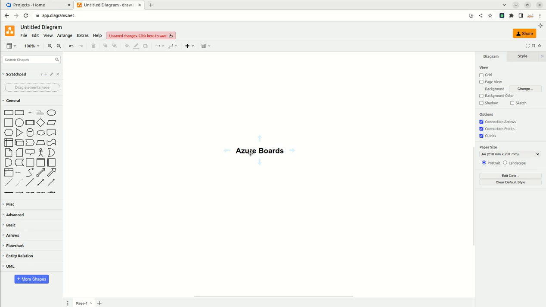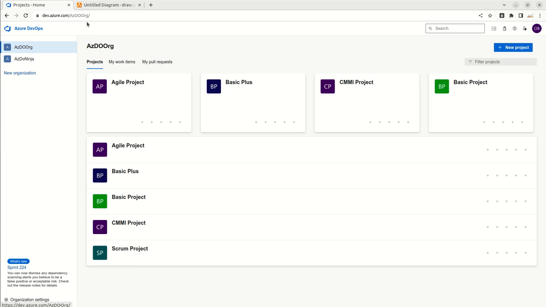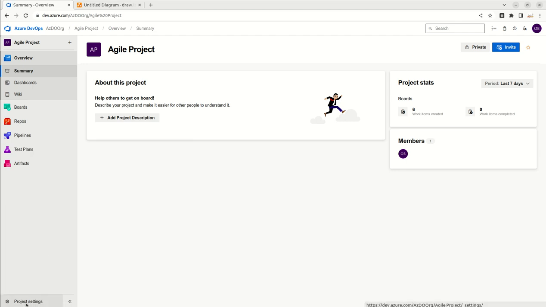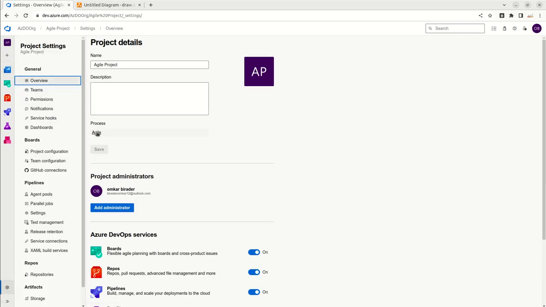In this video we will explore Azure Boards. Currently I am in Azure DevOps org and I'll be going to the Agile project from here. For this Agile project we have selected the Agile process template,